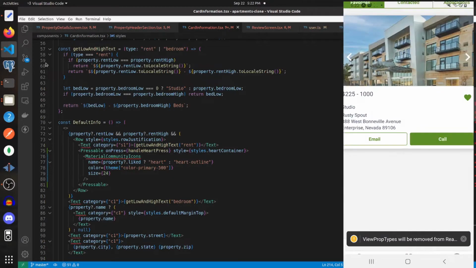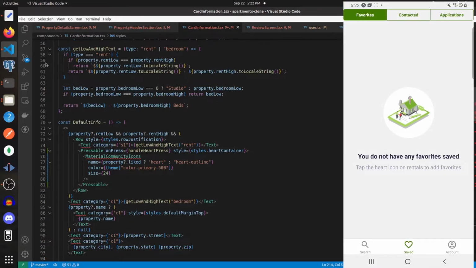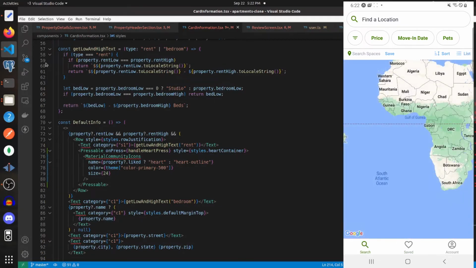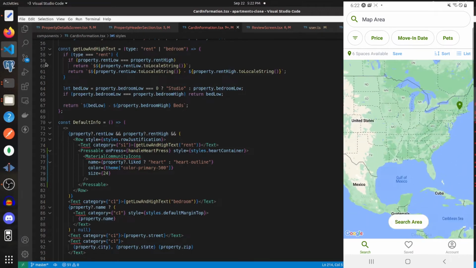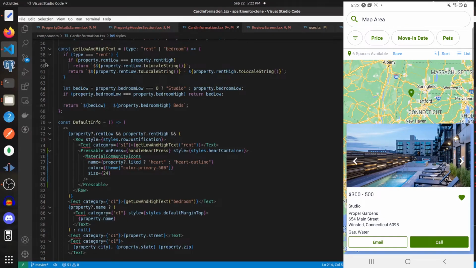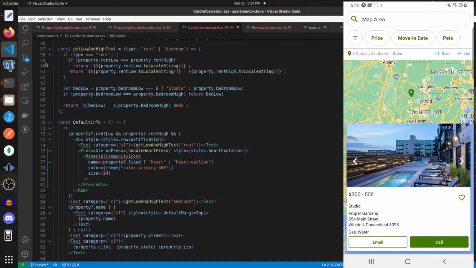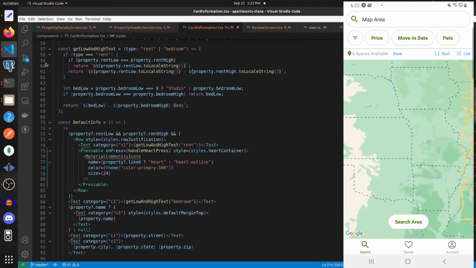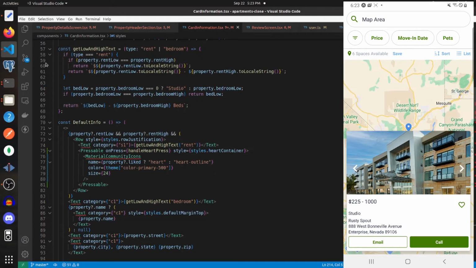And we'll go into this one, and there you can see if we tap on that, it should no longer be in saved properties, and it no longer is, so that's working. We'll go here, and we'll search for some properties, and here, okay, I don't know why that's saved, probably just from some testing, but yeah, let's go to Vegas, we'll save this,